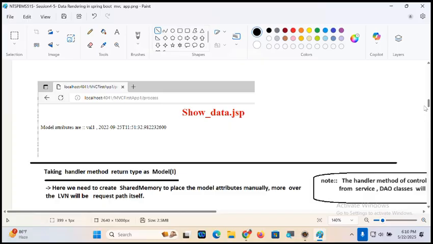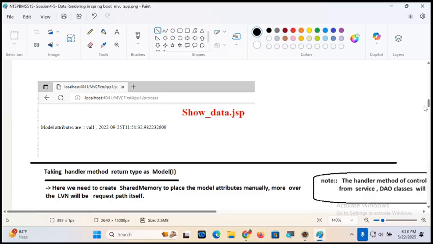That means creating the object earlier was taken care of by whom? The dispatcher servlet. Now you should take care of it. Then why are you teaching this, sir? To tell that this much heaviness is there. This is not industry standard, only to tell that. Tomorrow, if we get the thought, I will take